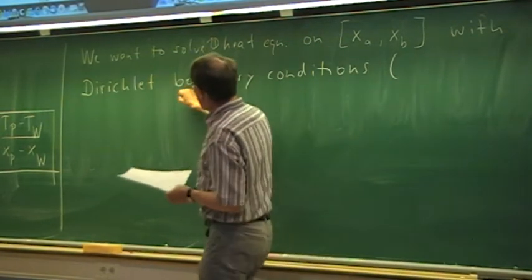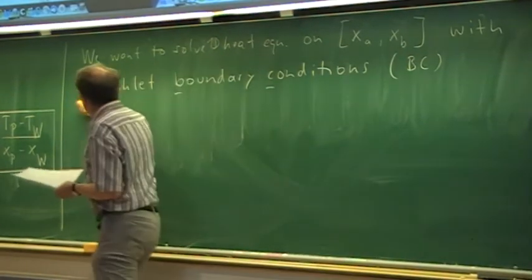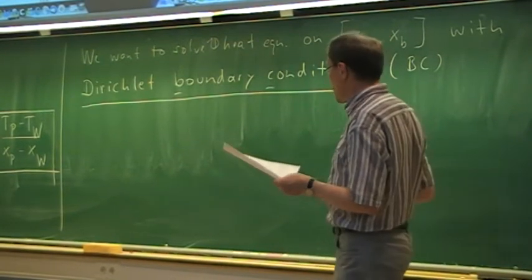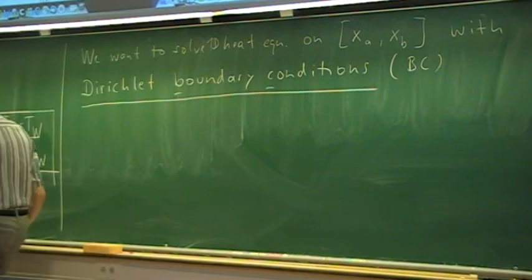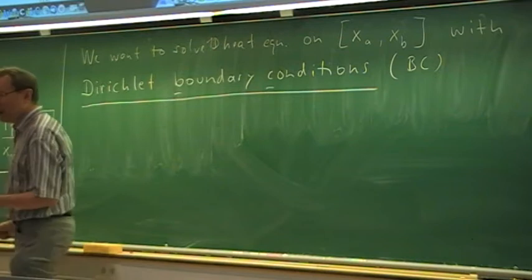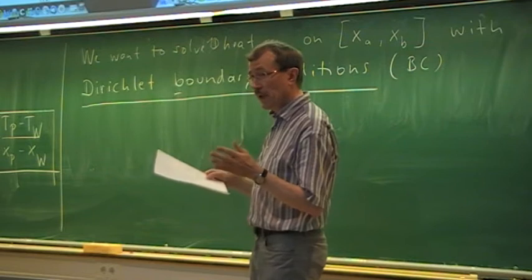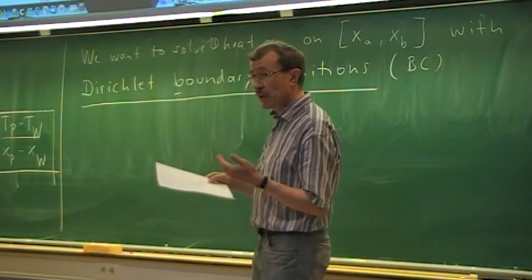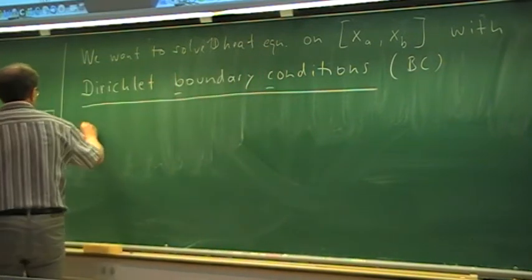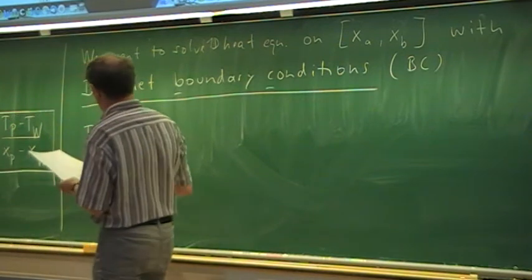For the boundary conditions, I frequently use the acronym BC, so when you see that. But the term that you have seen already, those who followed the course last term, is when we discuss boundary conditions. We have two types that we mainly discuss: Dirichlet boundary conditions, where we give the values of the unknown, or Neumann boundary conditions, where we give the derivative of the unknowns. So here we have Dirichlet boundary conditions, and that means that the boundary condition at the left